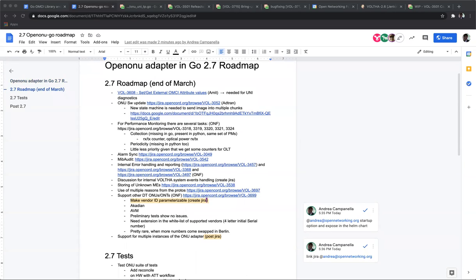I think connected to this, we also discussed the ability of the ONU adapter to communicate with different OLT adapters. Is that also still something relevant for 2.7?